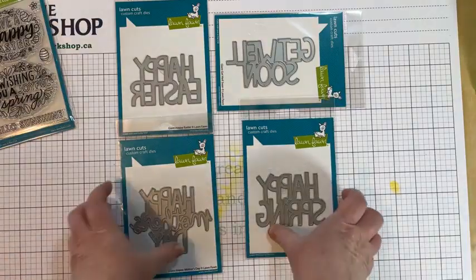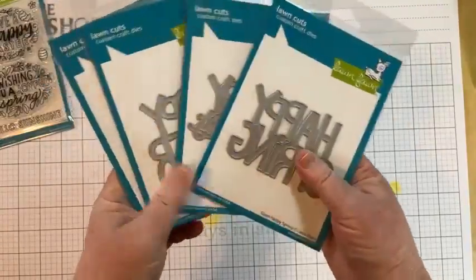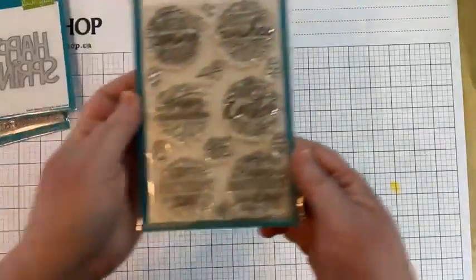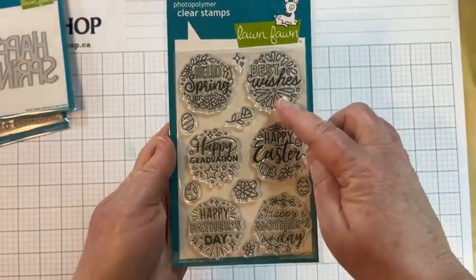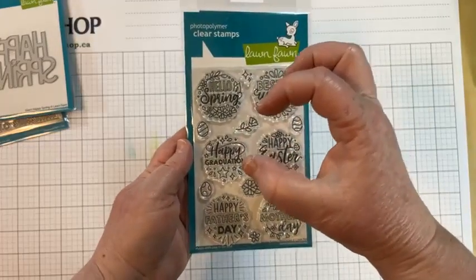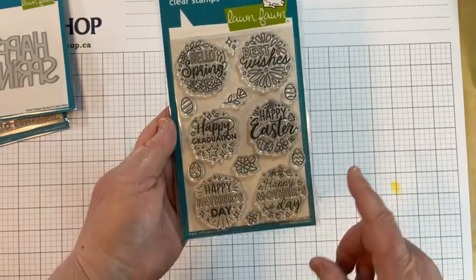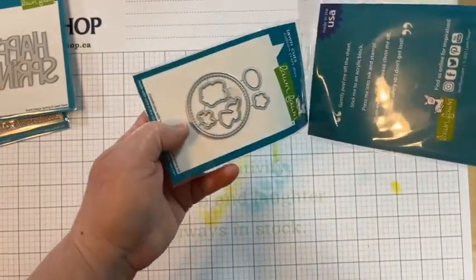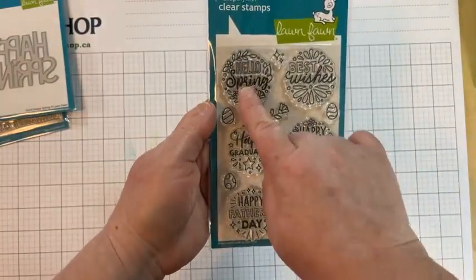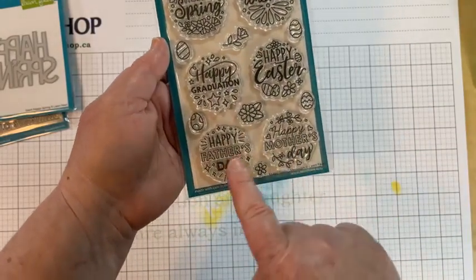That was the giant die messages, and these have been super popular. So if you see one that you like, you need to go and get it right away because they will go fast. We have some more magic messages. These are for the centers of the magic iris die. They are perfectly sized to pop right in the center of that magic iris, but they also work really well as standalones. And there is a die that coordinates with it, so it gives you that great little stitched edge. And we've got Hello Spring, Best Wishes, Happy Graduation, which we always need a good one for, Mother's Day, Father's Day,